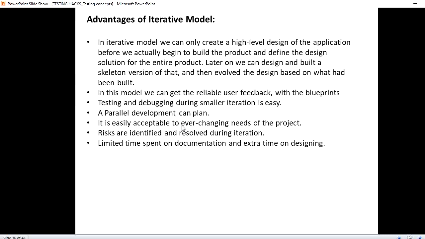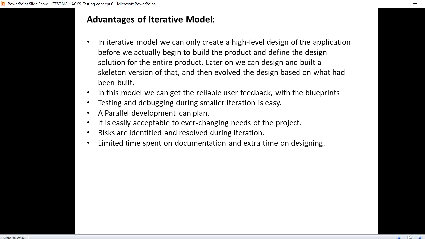So, as this advantage says, a skeleton will be designed very first. I mean the look of how it looks like will be designed first, and then that will be evolved to next phases.